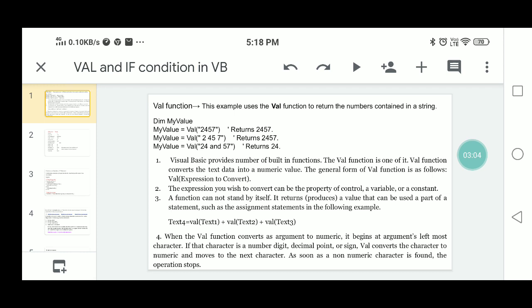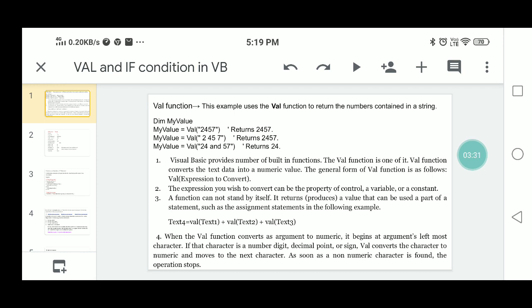So you can take Val of Text1.Text, Val of a, or Val of a string inside which you can take 100 like that. A function cannot stand by itself. It returns a value that can be used as part of a statement.